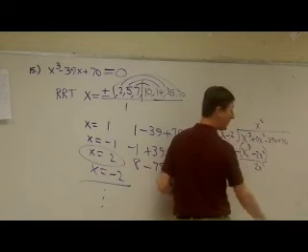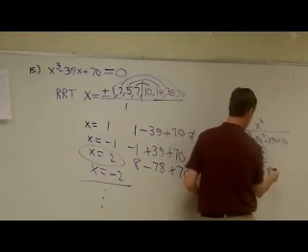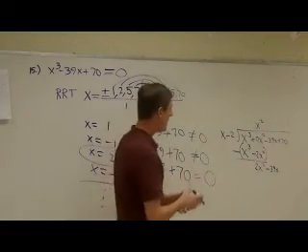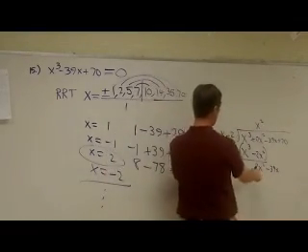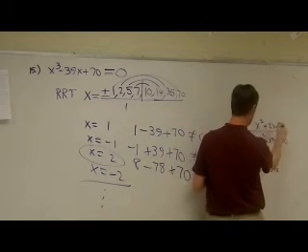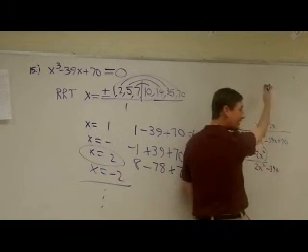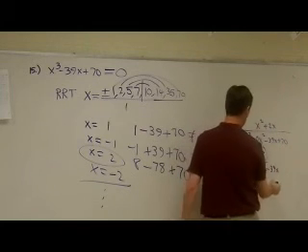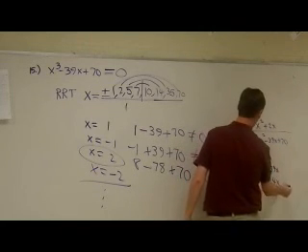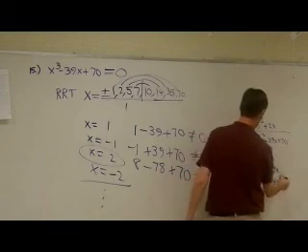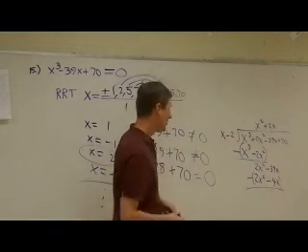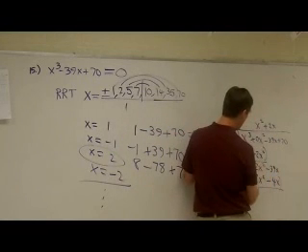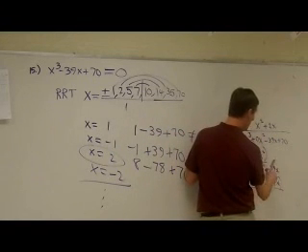Drop down the negative 39x. All right, how many times does x go into 2x squared? 2x. Everybody see the x column lining up right here? Isn't that nice? 2x times x is 2x squared. 2x times minus 2 is minus 4x. And now we subtract. 2x squared minus 2x squared is 0. Negative 39 minus a minus 4 becomes negative 35, plus